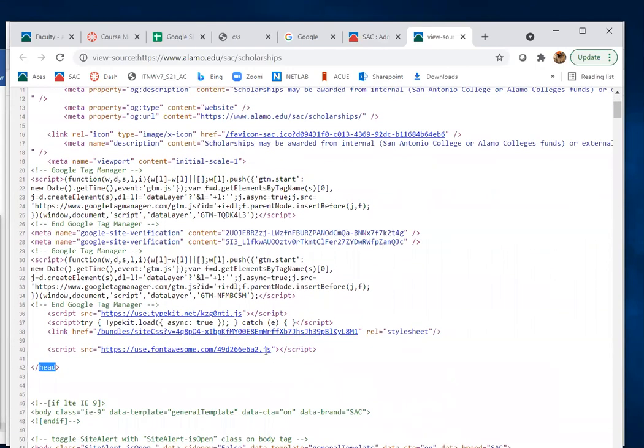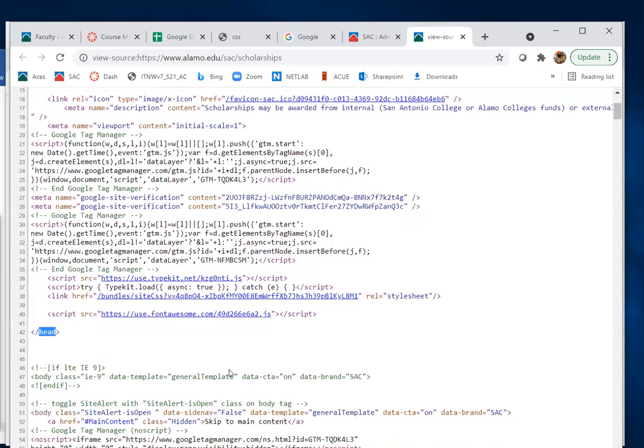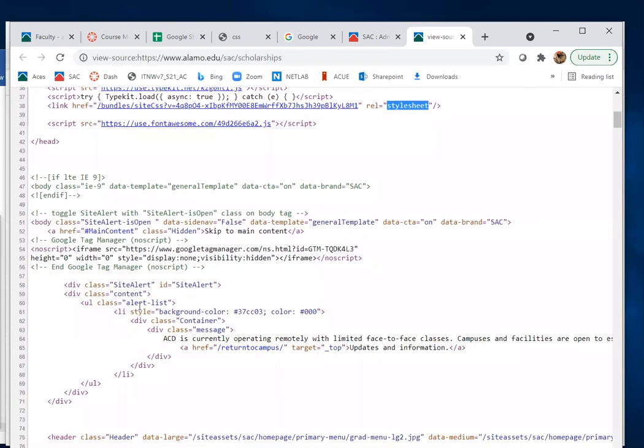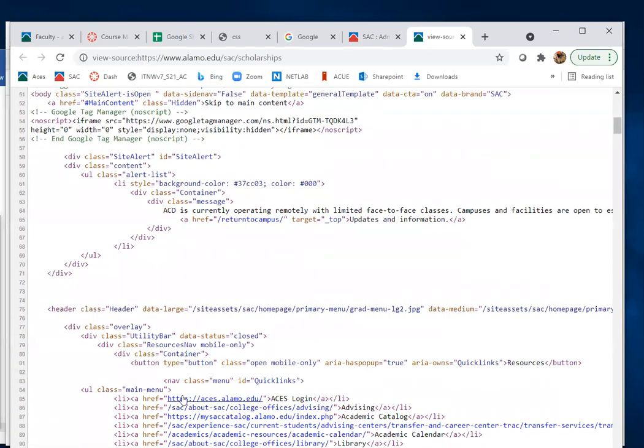Here, .js. So there's some script with JavaScript. I don't see any CSS, which is interesting. Okay, it could be in the JavaScript. Oh, here it is, a style sheet. It just doesn't have .css for whatever reason. And here's the body tags. So yeah, very interesting that now you know what